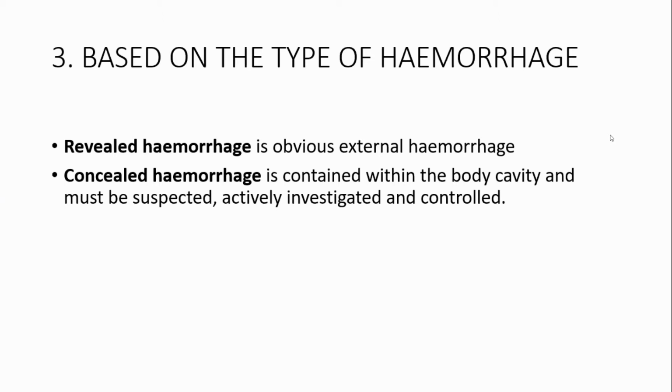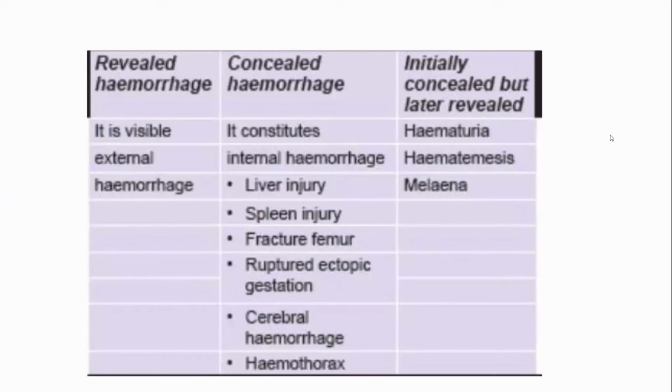But you need to know that in case of intracranial hemorrhage, it is unlikely that the patient will go into shock, because the intracranial cavity is a small space, and bleeding in that part of the body will not lead to hemorrhagic shock. So if you see a patient has trauma and there is shock, you need to find out hemorrhage in the thoracic cavity and abdominal cavity. Here is the tabulated form.